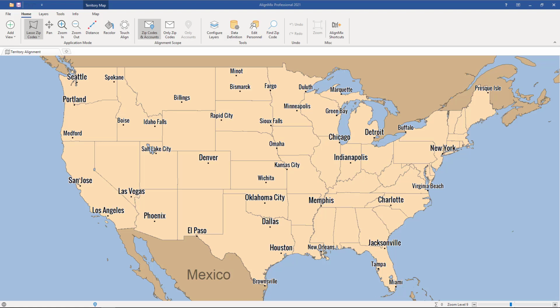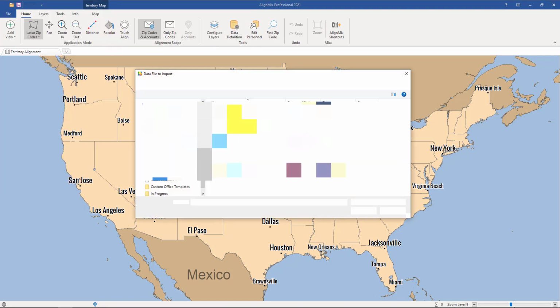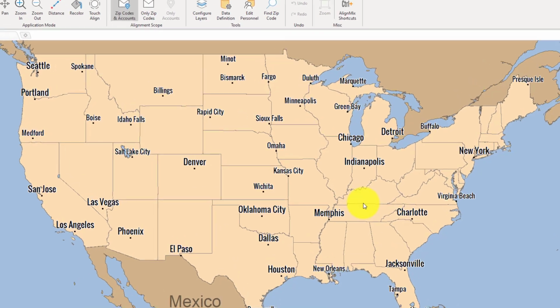In this AlignMix video, you will learn how to view an error report that will appear after you do a data import into AlignMix. So first, let's try to import some data. So we do that by clicking on File, Import, import your data, select the file for import,